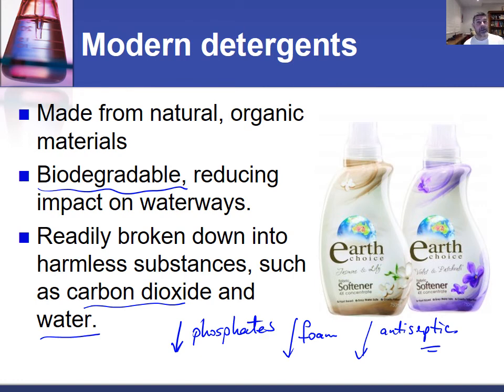So keep an eye out next time you go through the supermarket, and have a look at all of the different ways these detergents are marketed. You'll see some of the historical aspects coming out in the way each of these new ones is marketed to be friendly to the environment, low in phosphates, low in antiseptic or biocidal components, lower in foam, effective in acting as surfactants or emulsifiers, and also good for the environment. That'll do with detergents. I think we'll move on from here.